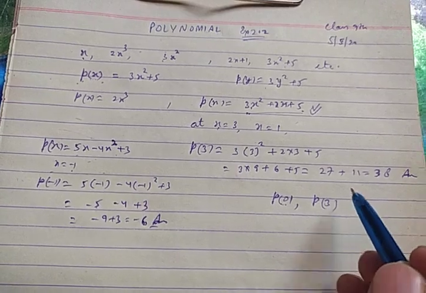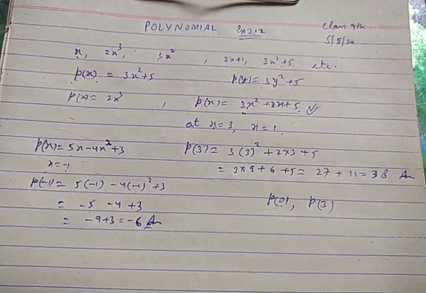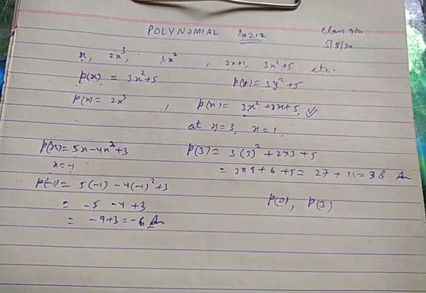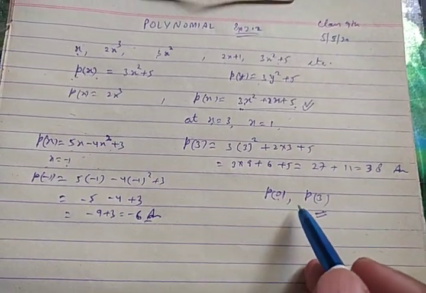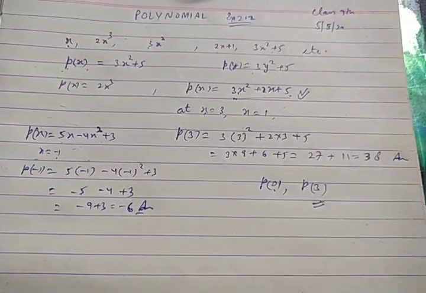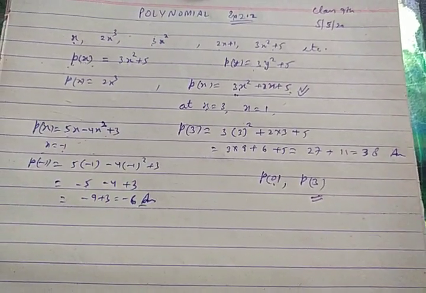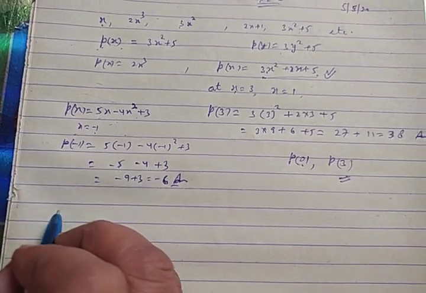Whatever the case, whether separately it has been asked to find the value of the expression at x equal to some value, then that value, or this may be asked, calculate this one. It means you have to understand that in place of x you have to write 3, 0, or whatever has been given in the question. Now one more thing I have to discuss today, that is zeros of the polynomial.